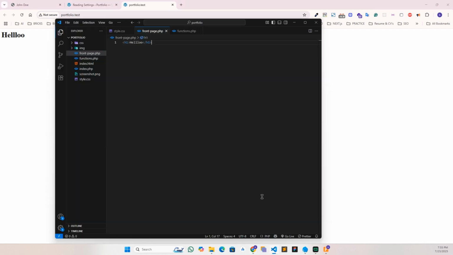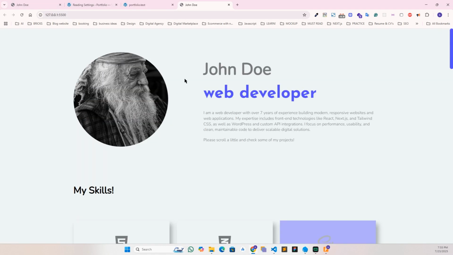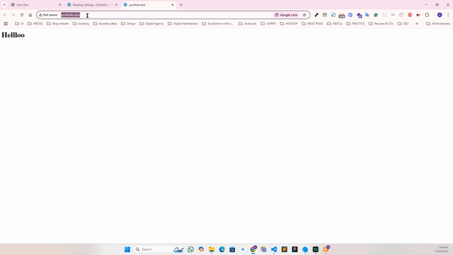we need to enable live server. Here, go to Live, click to run live server, and just close it, and click here to copy our portfolio website link, and install